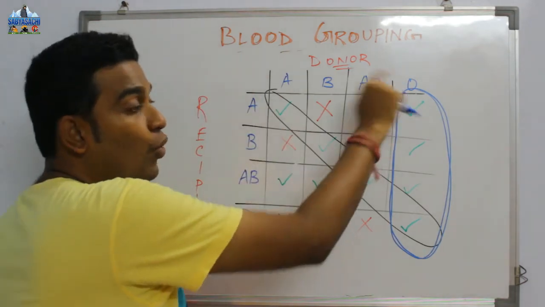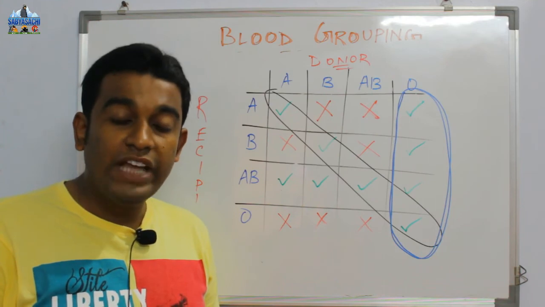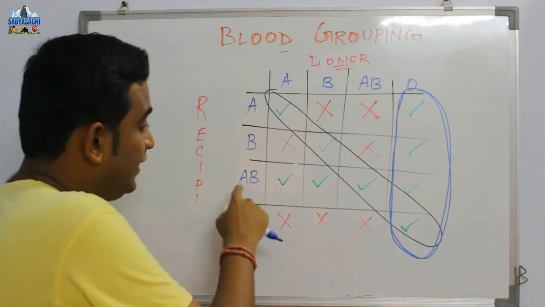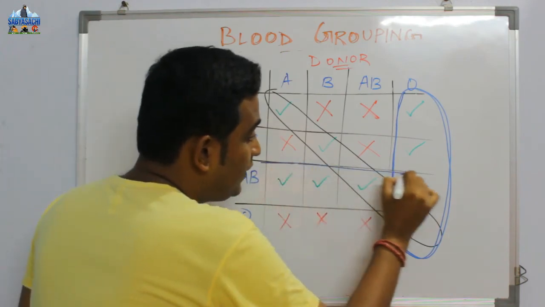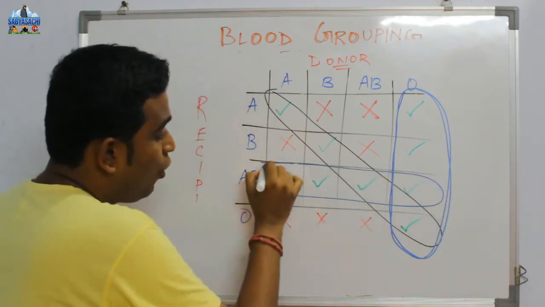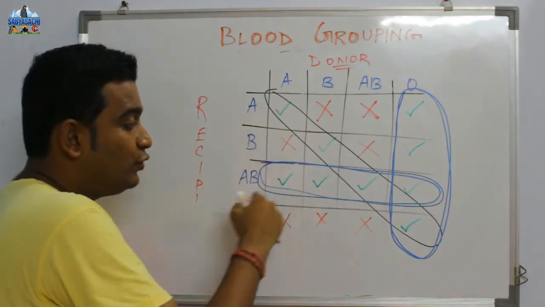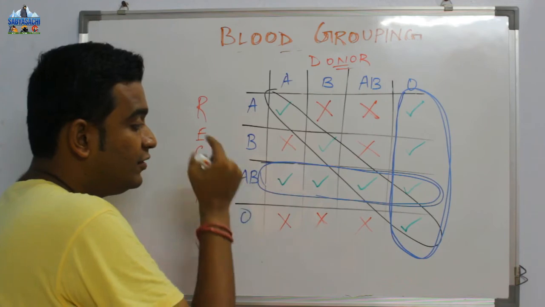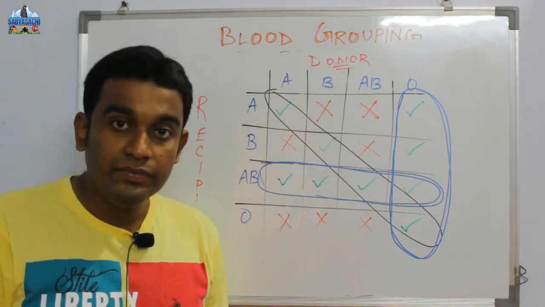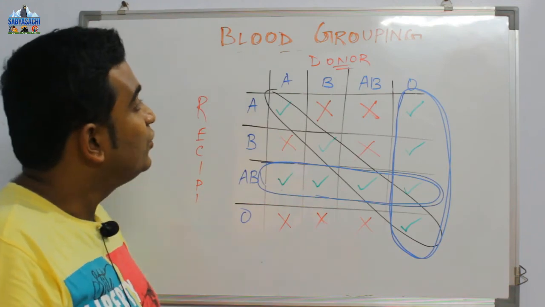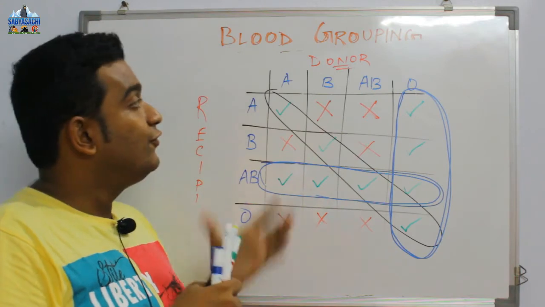That is why O is known as the universal donor. We all know the fact. AB blood group is accepting blood from all the categories, A, B, AB and O. That is why it is known as universal acceptor, right? So that's about the compatible transfusion of the blood,